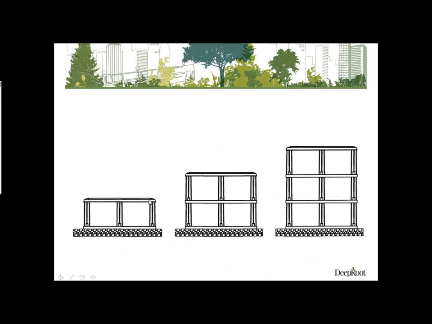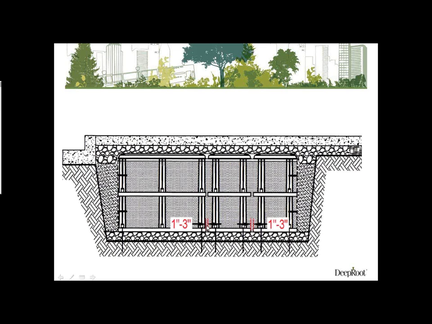Okay, Silva Cells are installed in stacks of 1, 2, or 3 layers deep. They stack vertically and interlock vertically, but they do not stack horizontally. There's actually somewhere from a 1 to 3 inch gap between the Silva Cells. And I just want to pause for a minute and say,